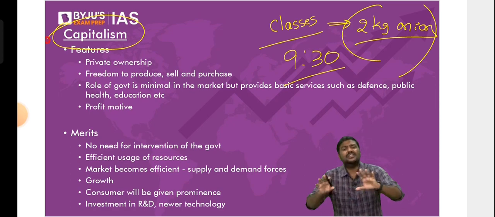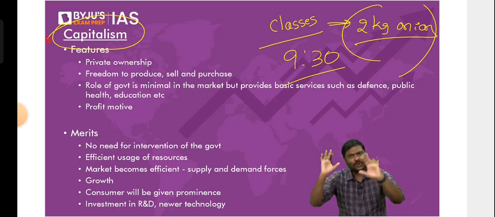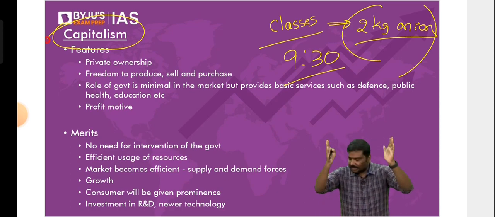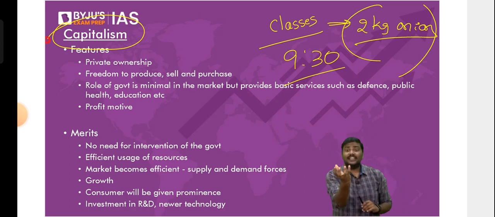Right, there should not be any intervention of the government in the market, because the private sector, which is the seller here, and the buyer, which is me and you, will negotiate with themselves and come to an agreement. Do you understand this? The private sector, the seller, and me, the buyer, we will negotiate and come to an agreement. So there should not be any role of the government. Government should not intervene in the market. That is the fundamental idea of capitalism.